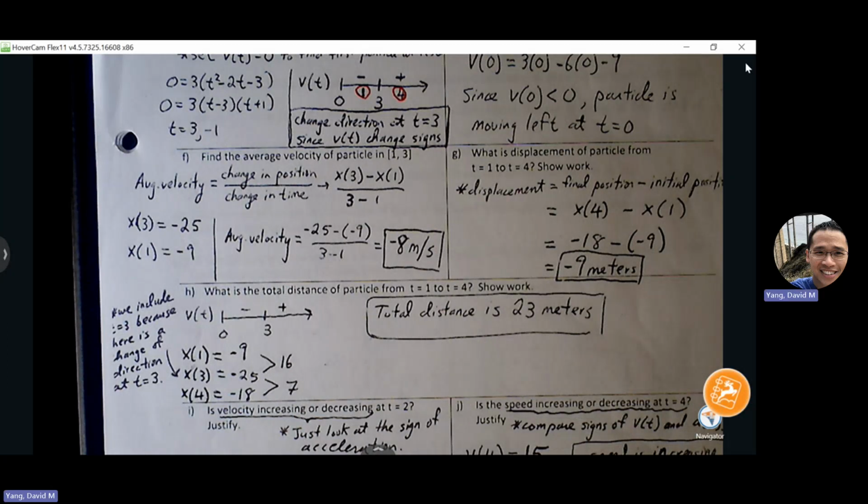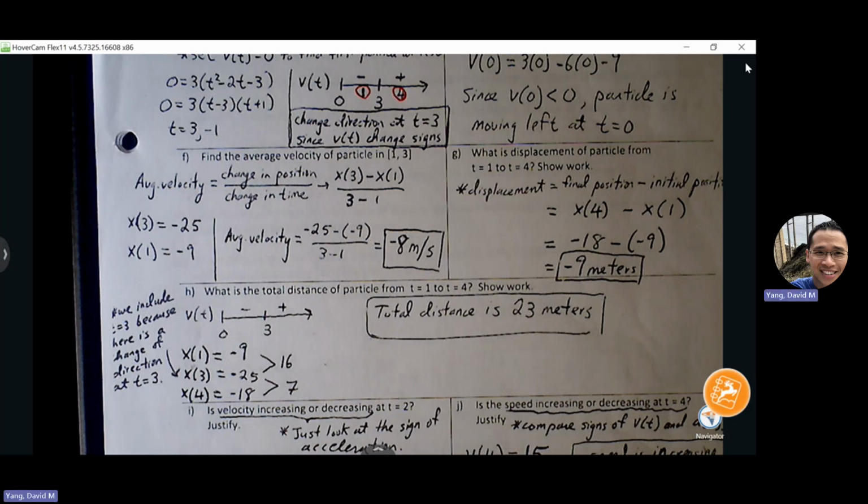Where do you get 3 from? We got 3 from the velocity sign line, recognizing that there's a change in direction at 3. Now, if there was no change in direction, then your total distance will be the same as your displacement, except that if it's negative, you'll turn it to a positive. So if there's no change in direction, your distance is not going to be different than your displacement, except for the signs potentially. So we need to find the locations